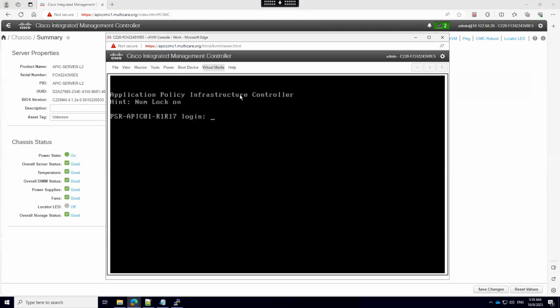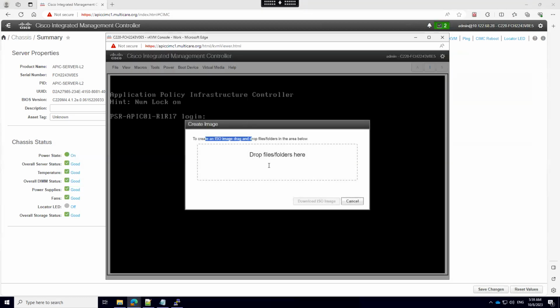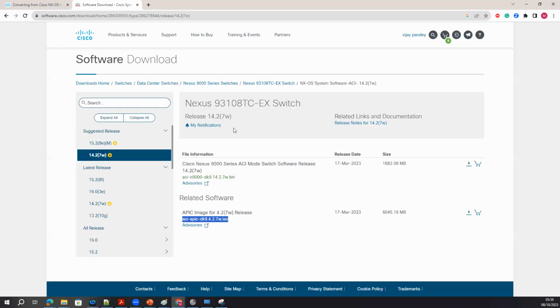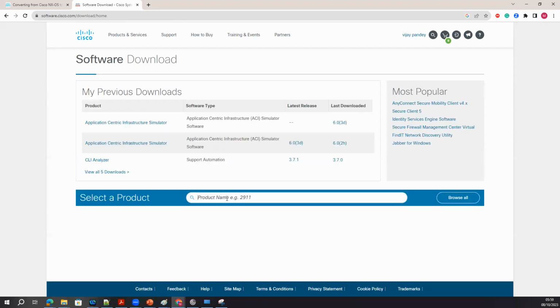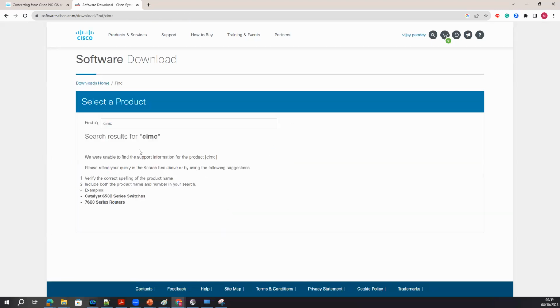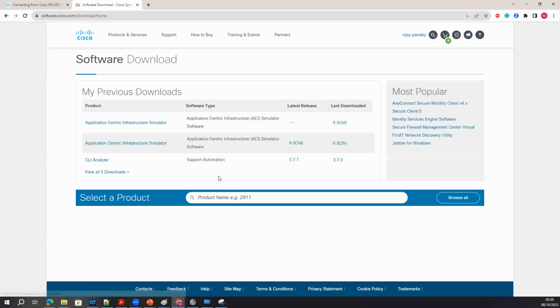If you want to upgrade the CIMC, it is the same thing. Here also you have to drag and drop the CIMC version. How do you get the CIMC version? You just have to type here, go here, type the CIMC.